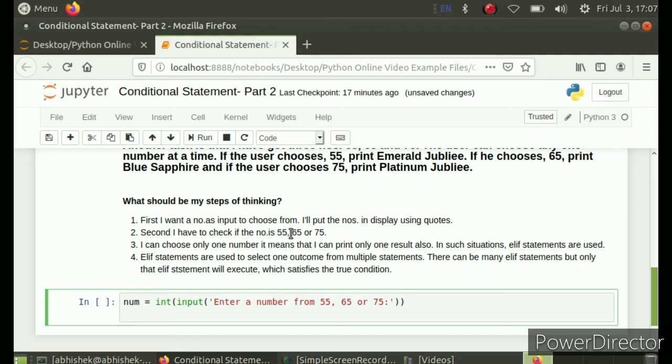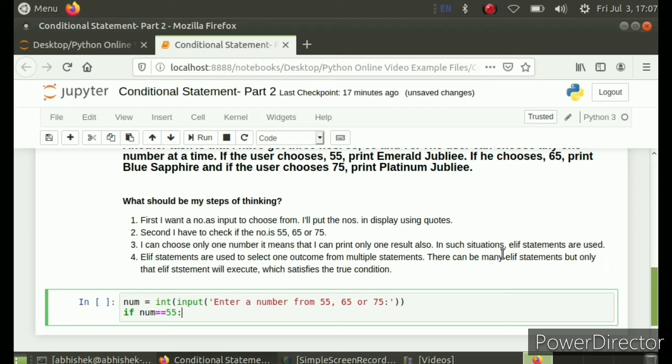Now I will check if number is equal to 55. If number is equal to 55 colon, I will print Emerald Jubilee. Simple.